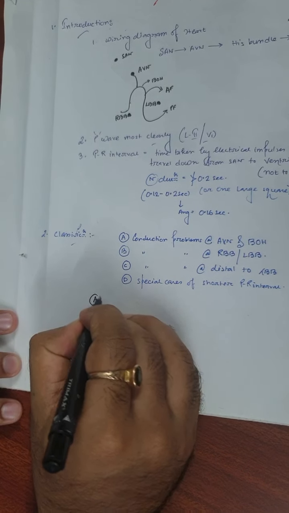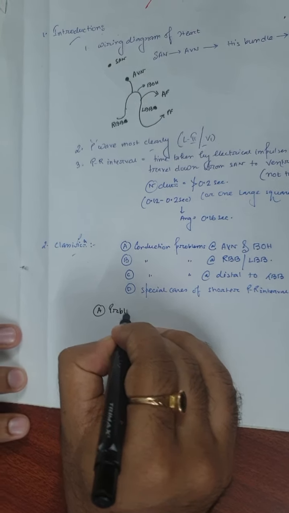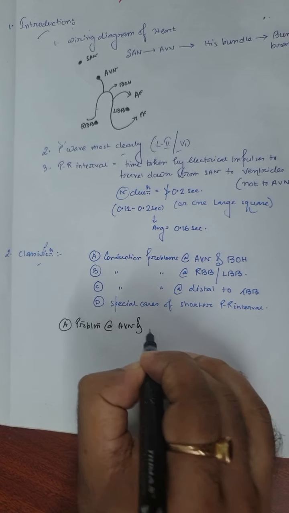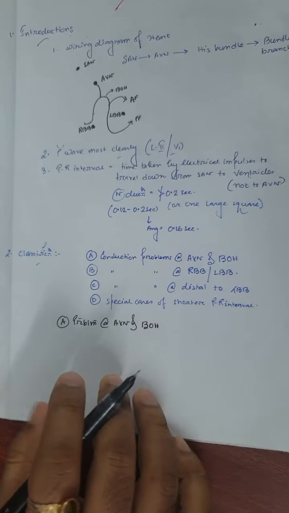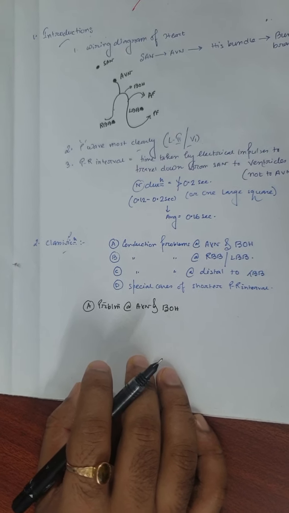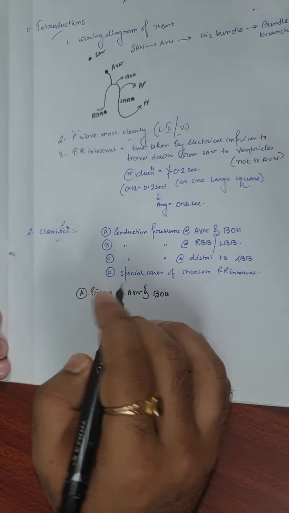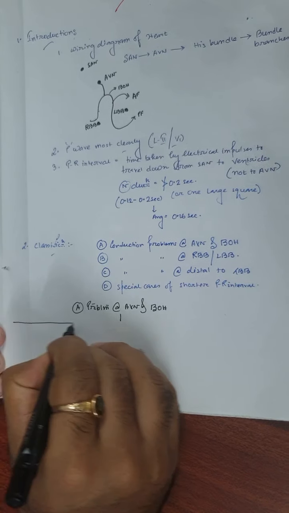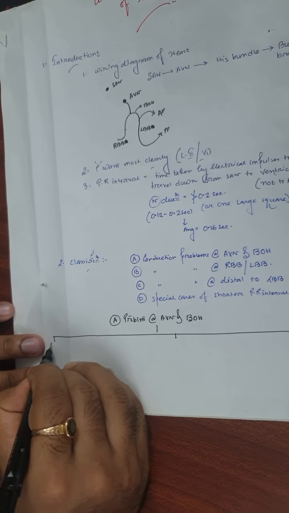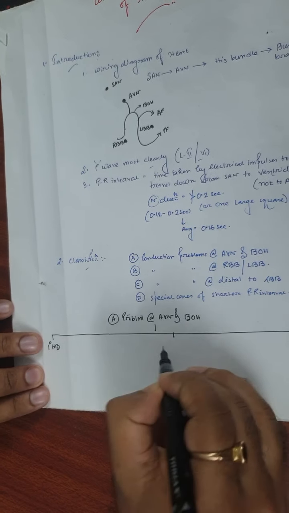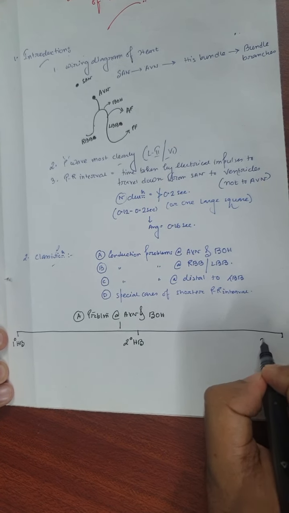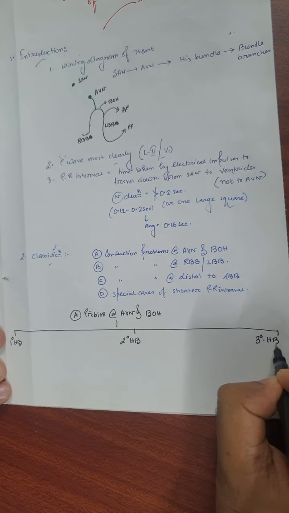Number 1, problem at the AV node and the bundle of His. This category is again subdivided into three parts. First one is first degree heart block, next is second degree heart block, and last one is third degree